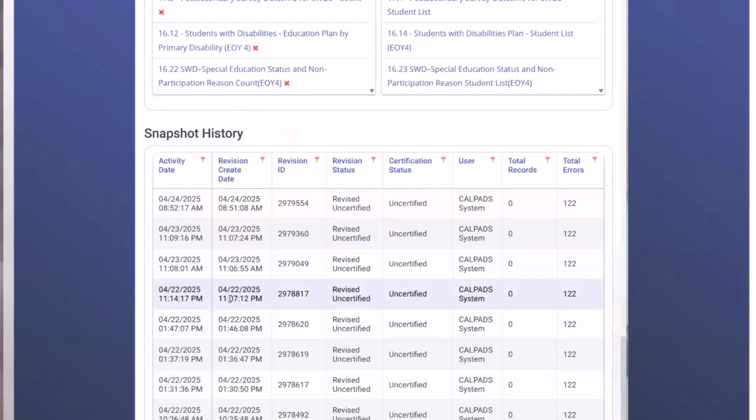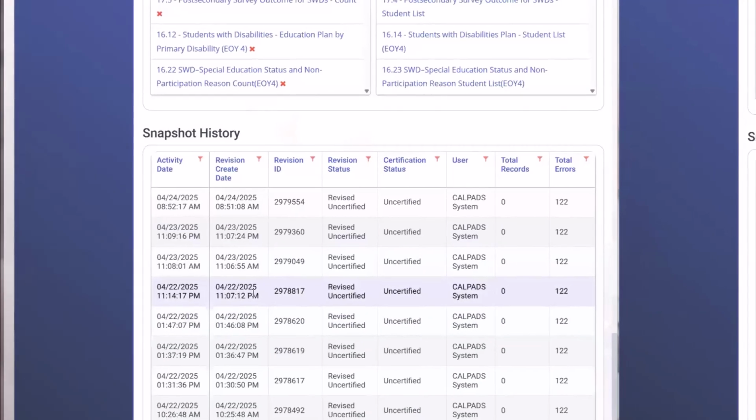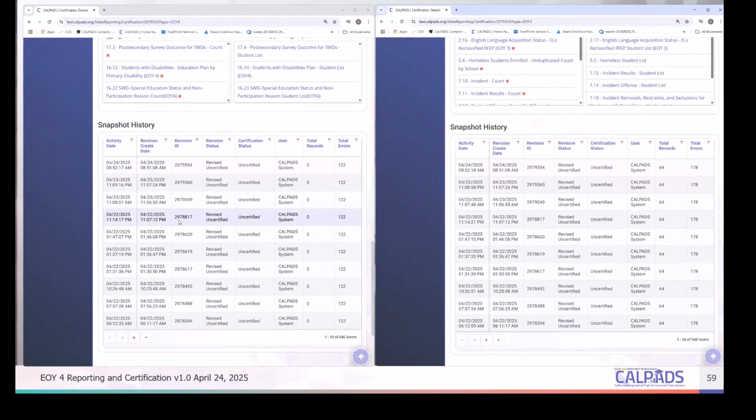So 4/22/25, 11 o'clock, 2978817. You can see that over here on the right as well. Both of these, when you approve, should say LEA approved. So there's going to be some coordination, right?